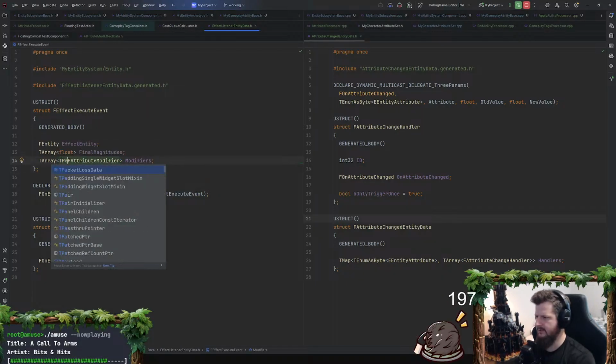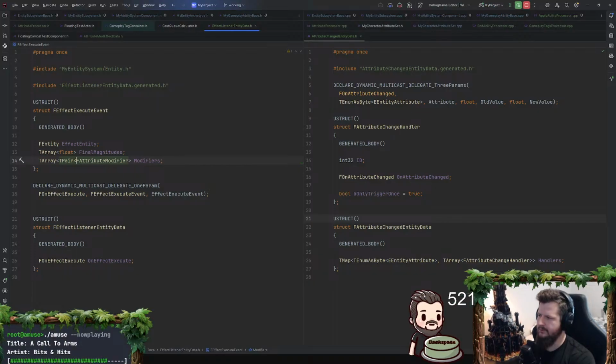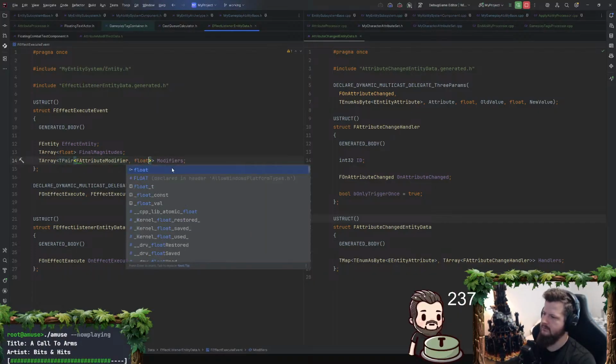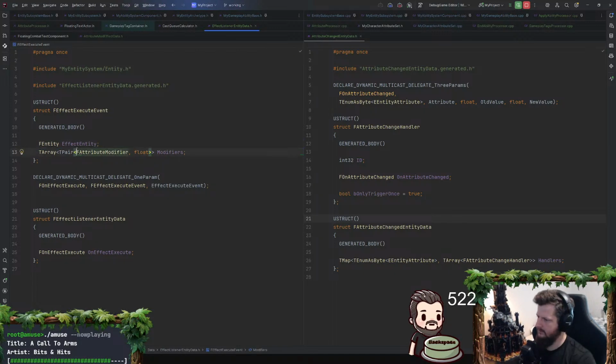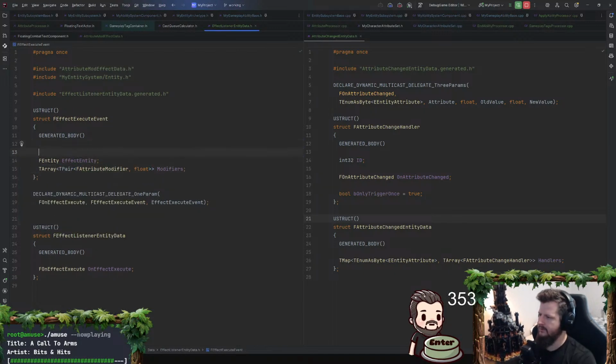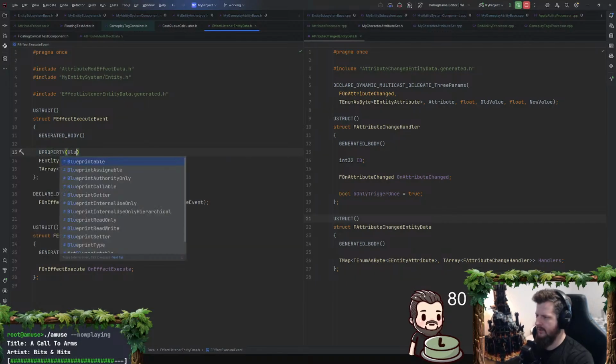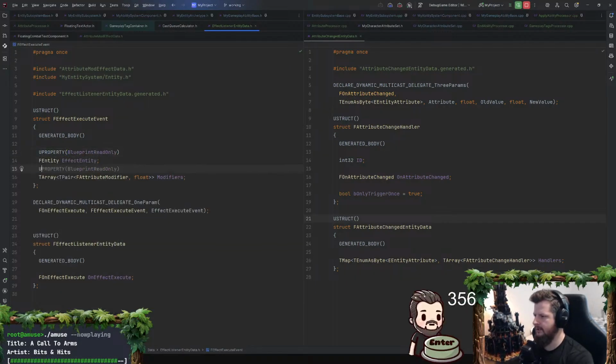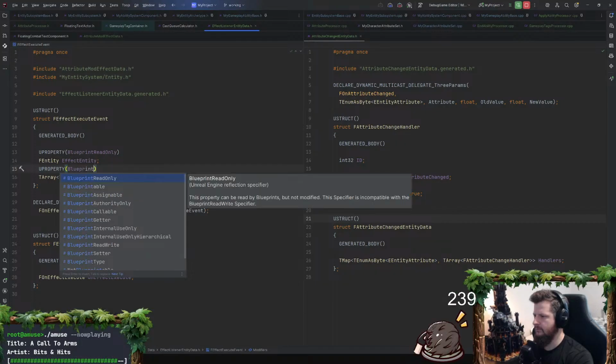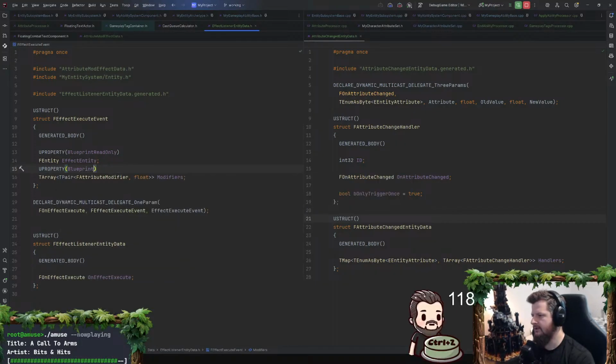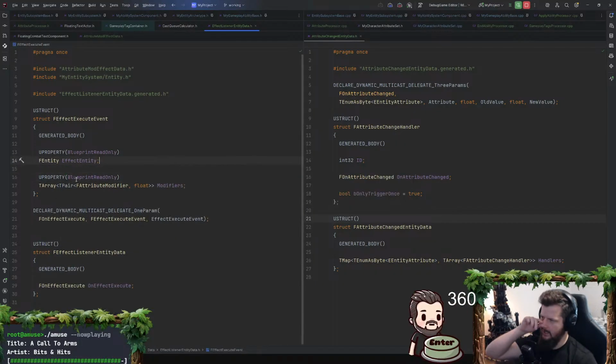Let's do a TArray of TPair. Can I do TPair in Blueprints? I would want to include that. UPROPERTY BlueprintReadOnly. Can we do a TPair? I would be shocked if we could.